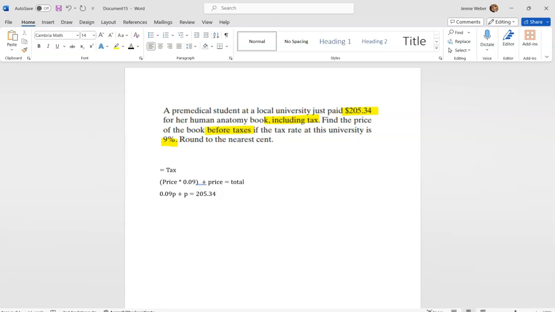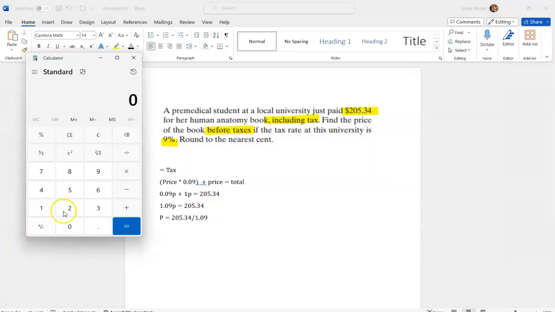Now I need to clean this equation up. I need to solve it. So I'm going to add my like terms, and I'm going to get 1.09p equals 205.34, because this, remember, is a 1. And then to find p, I'm going to do 205.34 divided by 1.09. So I'm going to get this out. 205.34 divided by 1.09. And my answer is